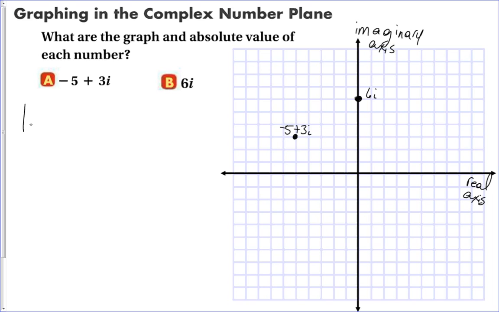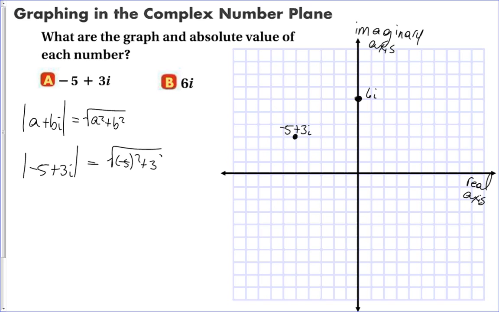If you remember, the absolute value of a plus bi is simply the square root of a squared plus b squared. So, the absolute value of negative 5 plus 3i is the square root of negative 5 squared plus 3 squared. Notice I didn't bring the i with it because b is just the number in front of i. It doesn't include the i itself. So this is going to be the square root of 25 plus 9, which is the square root of 34,